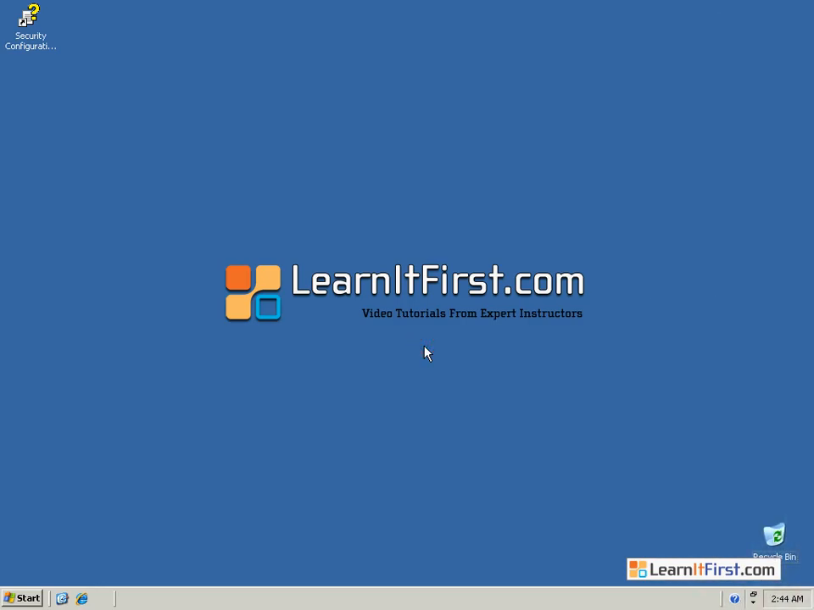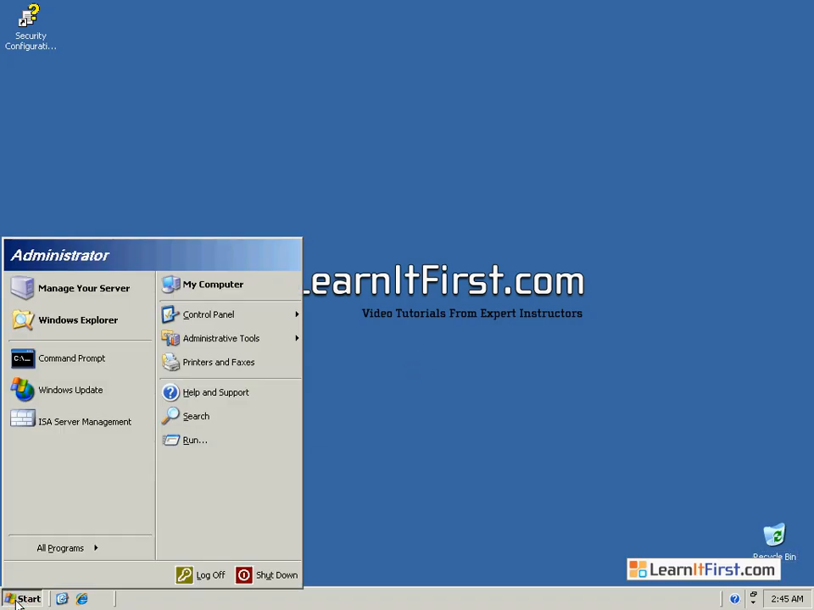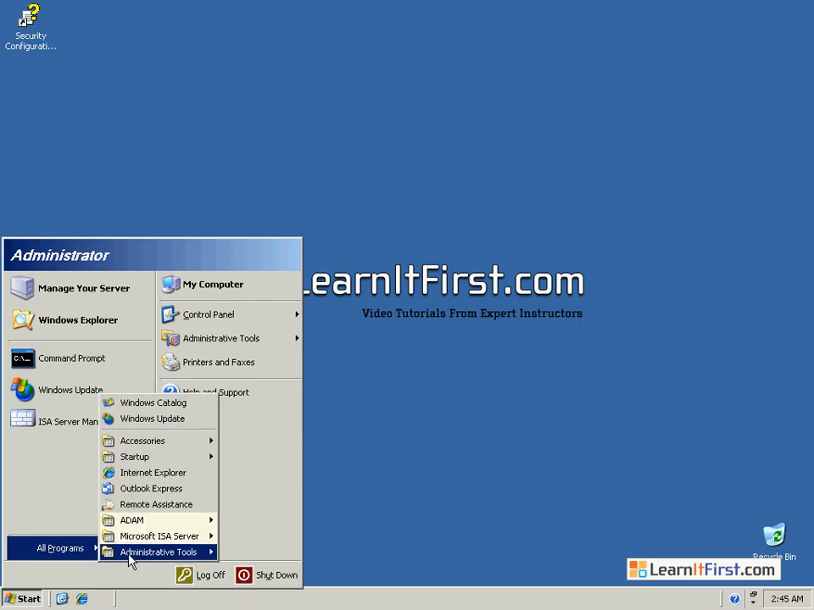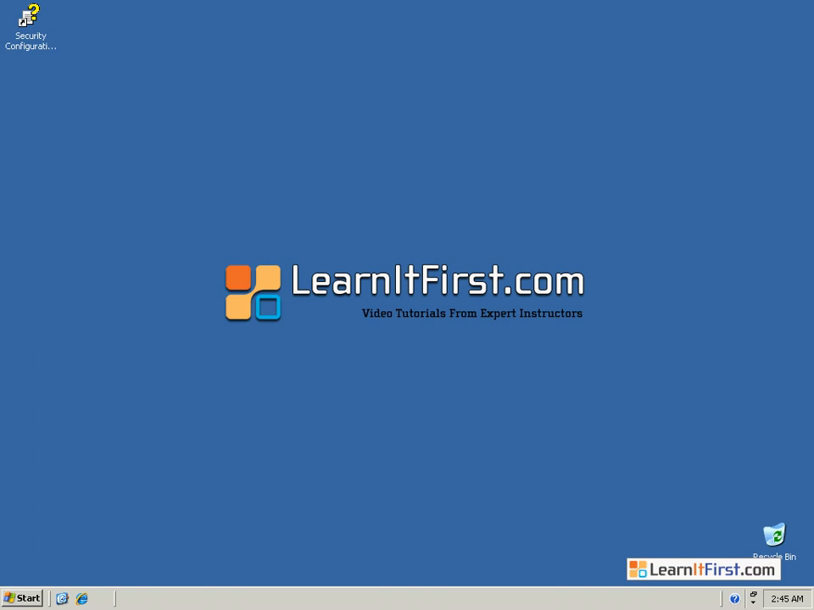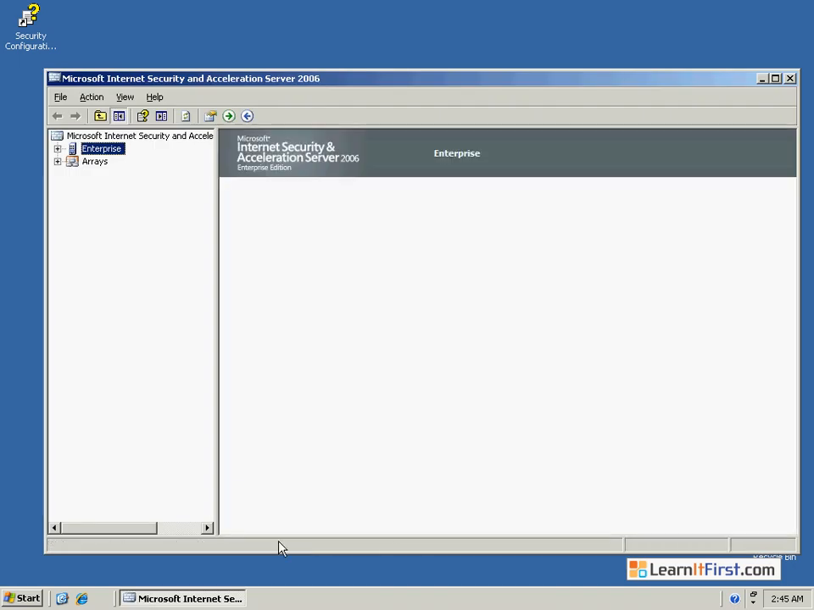Well, I've just completed installation of ISA Server 2006 Enterprise Edition. So let's take a look at what the interface looks like for managing an enterprise ISA server. To begin, from the Start menu, I'm going to select All Programs, ISA Server Management. And when I open it up, it's the same tool that we use to manage an ISA Server Standard Edition,